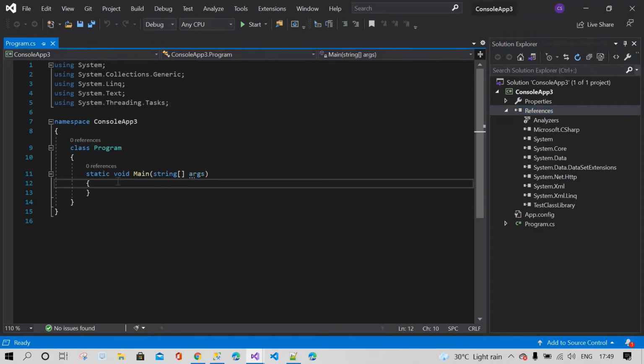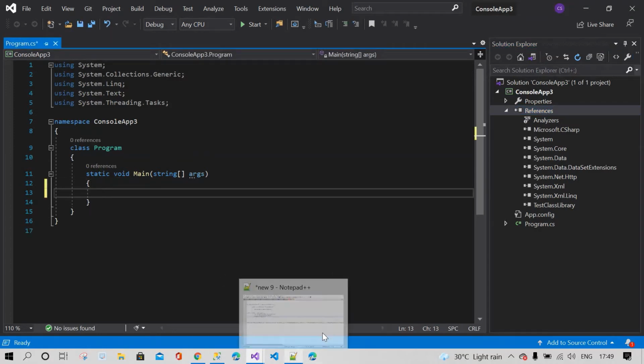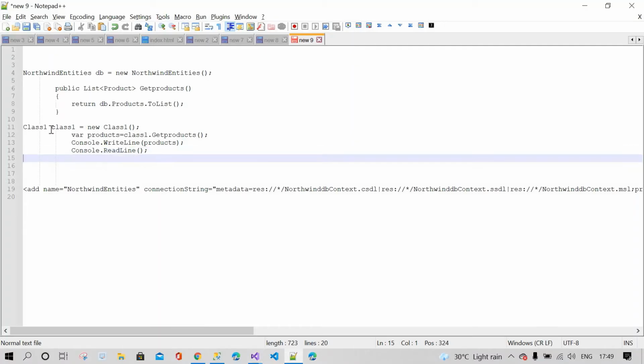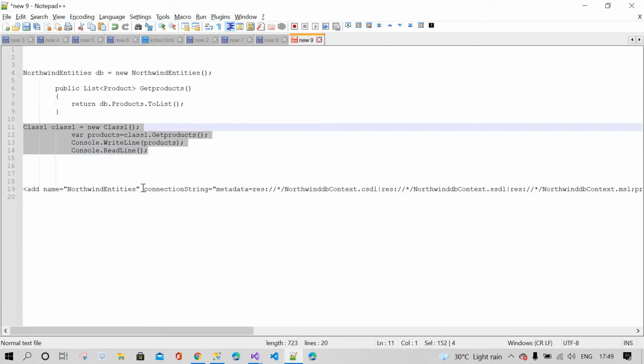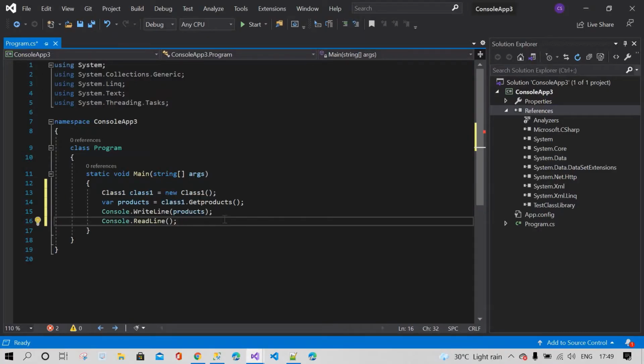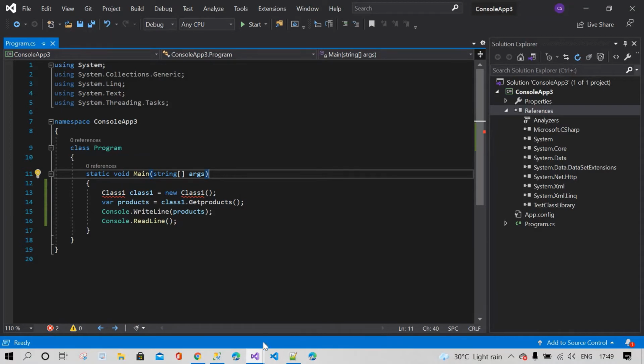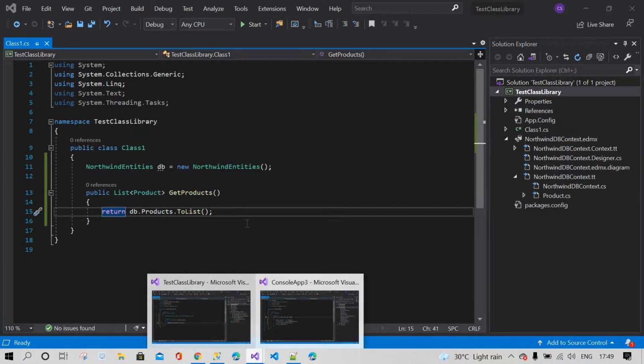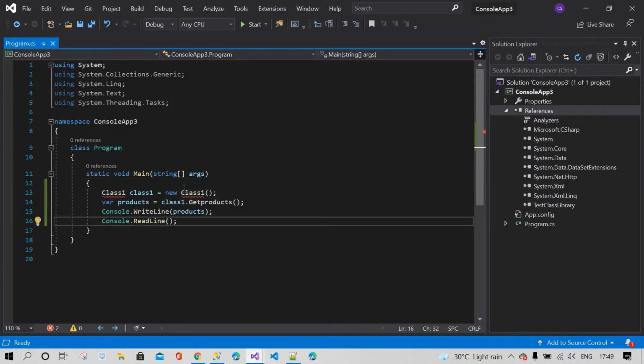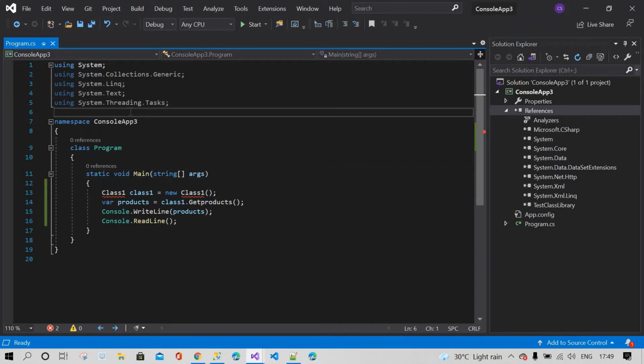Now I'm going to add this code inside this application and build it. What happened? What is the class name here? I forgot to add the DLL namespace: using test class library.